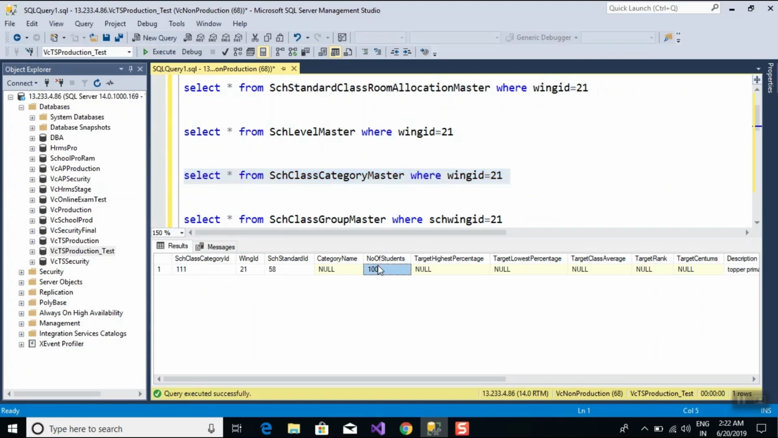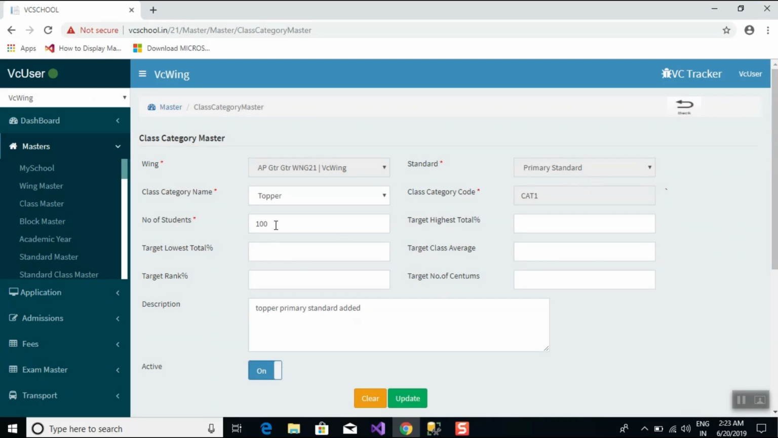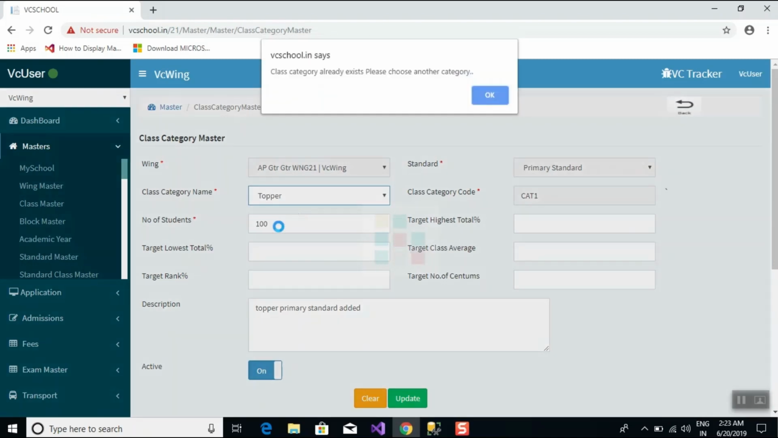Here, total number of students, 100 members, target highest percent, target lowest percent, target class average, target rank. These are all the not mandatory fields. If you want to update the data, by clicking on its icon, we can get the screen. And here, if you want to modify the level, we can change. Or if you want to modify the number of students in that particular level,